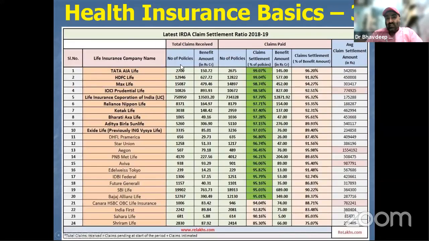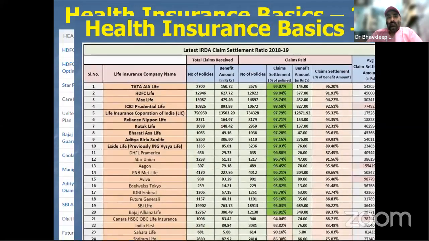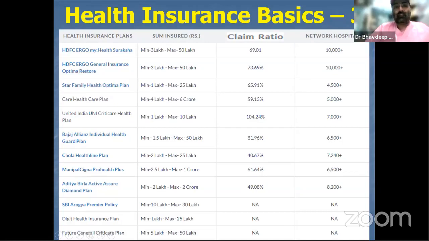So this is the ratio. You need to see the number of policies, the number of claims received, number of claims paid, claim settlement ratio, and the claim settlement of the benefit amount, average claim settlement amount. See those parts. Now again, if we look at it in a company-wise scenario, I'm giving you HDFC